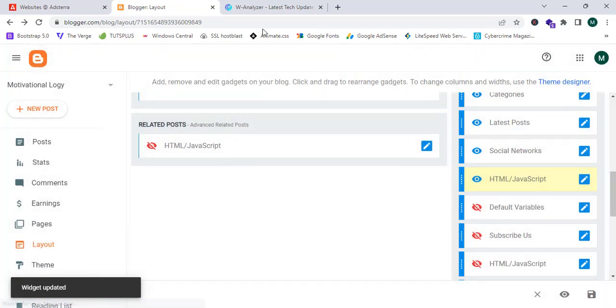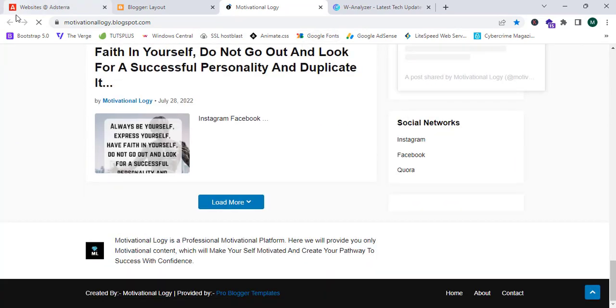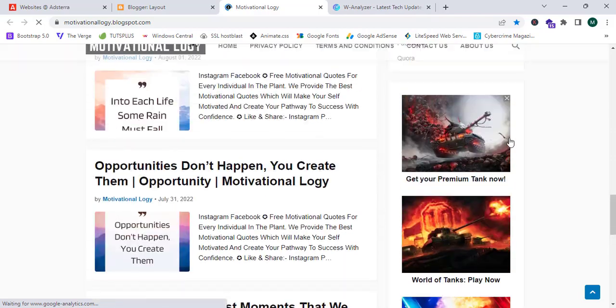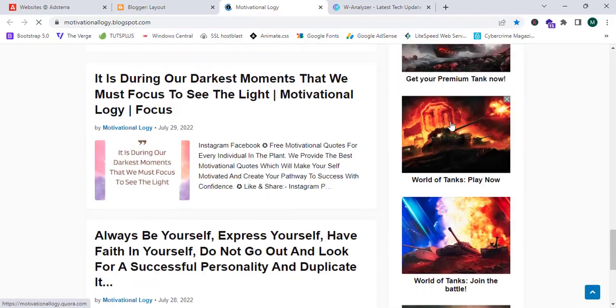So now I'm gonna click on save, and I'm gonna go to the view blocks, and I'm gonna again refresh my page, and as you guys can see now my native banner ads are appearing, and these are the native banner,